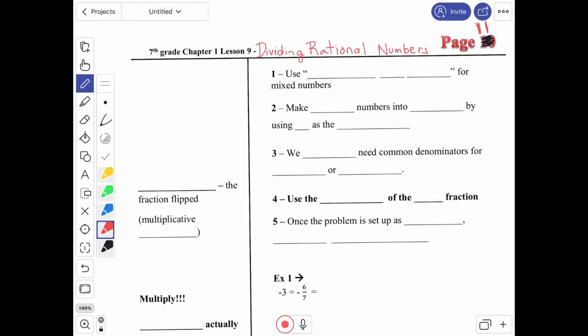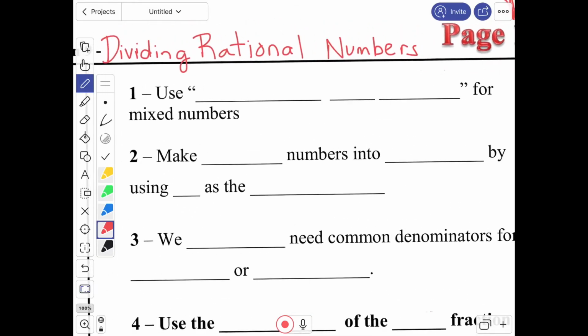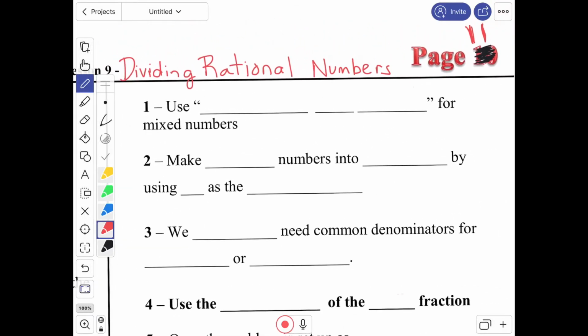Today we're doing Chapter 1, Lesson 9, Dividing Rational Numbers. Again, rational numbers are fractions, any number that can be written as a fraction. And this is very similar to multiplying rational numbers. We're still going to use around the world